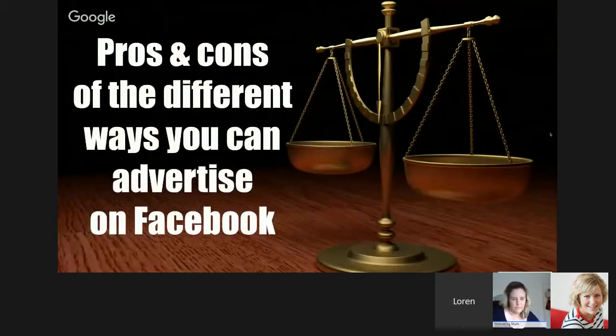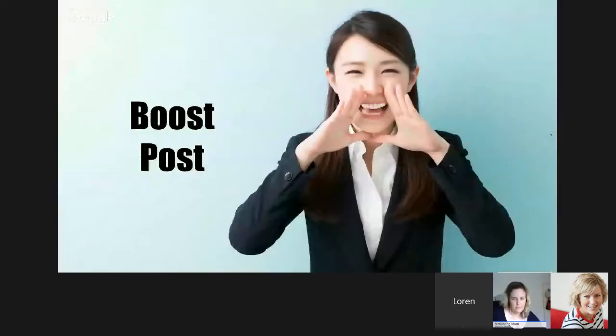So let's look at the pros and cons of the different ways that you can advertise on Facebook now. And I know quite a few of you have probably heard of or done the boost post feature before. That's basically giving us more reach for the content that we're sharing on Facebook. That's one objective that we can do, and we can do that straight from the page timeline. It has the positive of being really easy to do. You just click that button, a couple of clicks and you've got your ad created. But